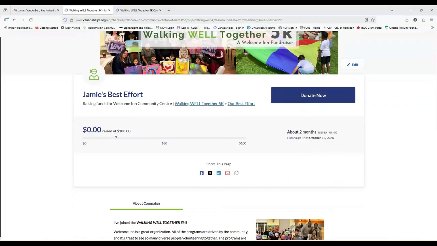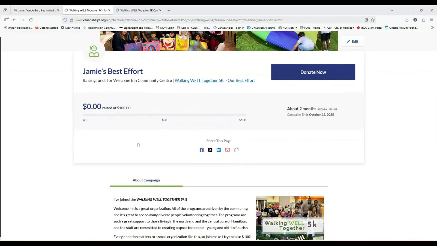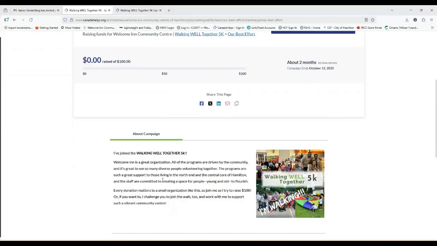And then it has a standard goal of $100 fundraising. And then it has a simple description that's there for everyone if they want to use it. It says, I've joined the Walking Well Together 5K. Welcome In is a great organization. And then it also has a standard image that says, I'm walking, and it has the Walking Well Together 5K logo.